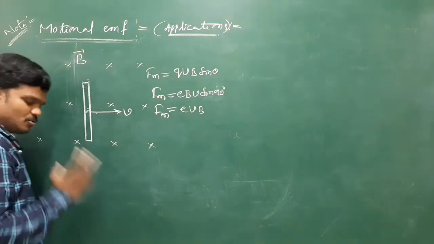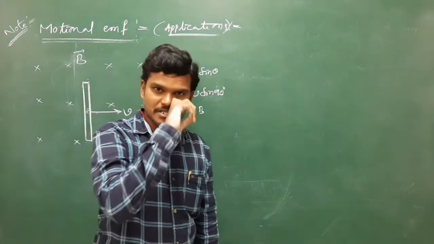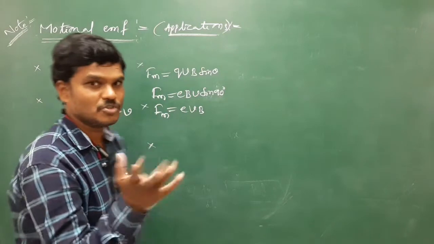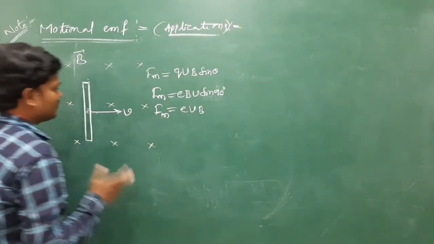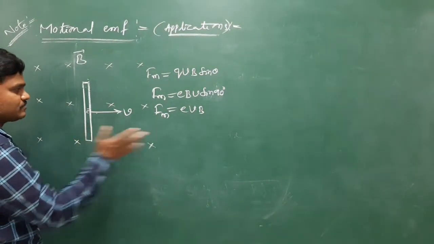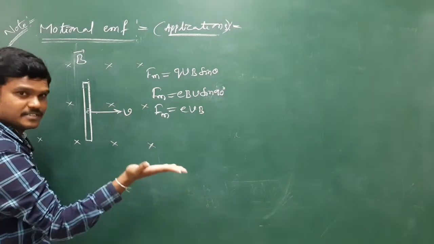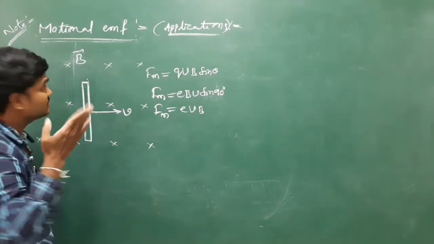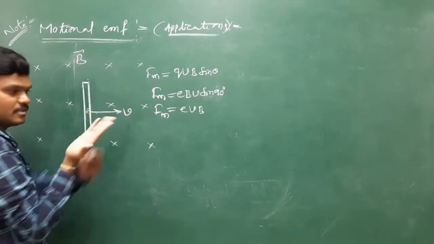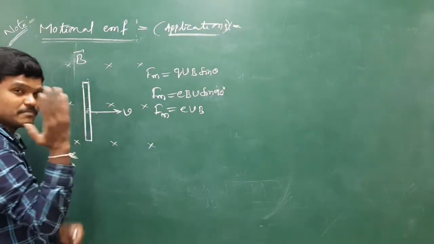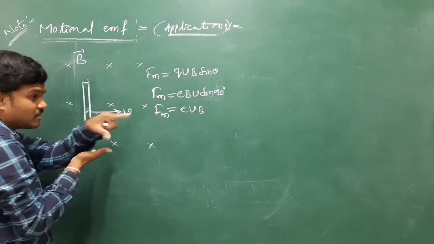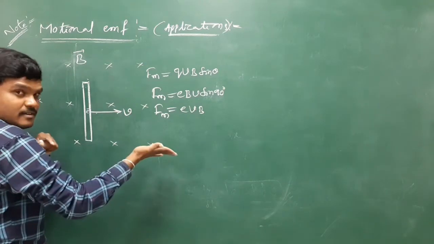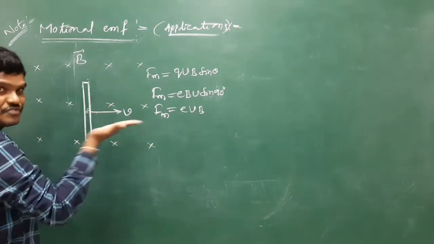And you know how to identify the direction of that force by using the palm rule. By using the palm rule, open the right hand like this, put these fingers into the board. All these fingers into the board represent the magnetic field, and this thumb represents the motion of the conductor.